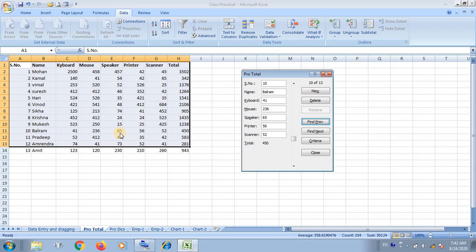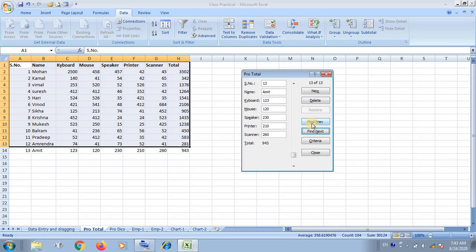Again I find record number 10, also more than 60. The 11th has been skipped. Again I find the 7th record, also more than 60 in number of speakers. In this way we can search. We found the 7th record, 10th record, and 12th and 13th.